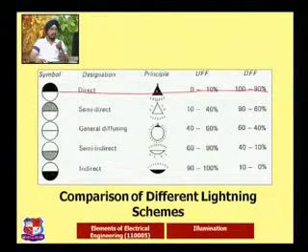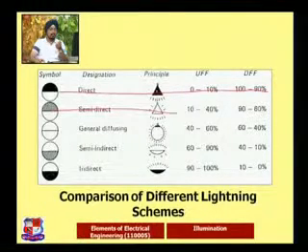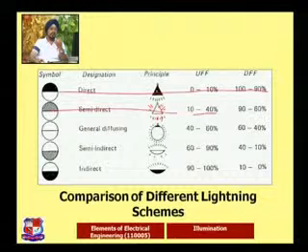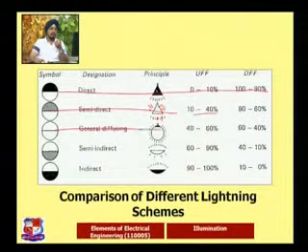The semi-direct one with the symbol. See, major light is going downward, but a few rays of the light go to the upward side. So 60 to 90% we are able to get, and 10 to 40% the indirect one. General diffusing, so lighting is divided uniformly, so a 40-60 ratio is maintained whether the downward side or the upward side.